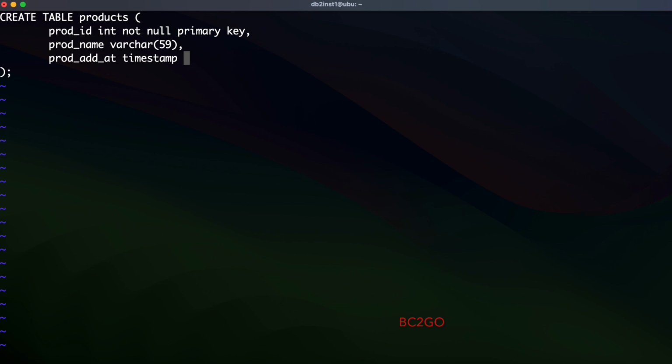And now let's say each time you insert a new product, you want that this column is filled with the current timestamp. And you don't want to do it by yourself, you want that this column will be filled automatically. At this moment, you type default and now current timestamp,